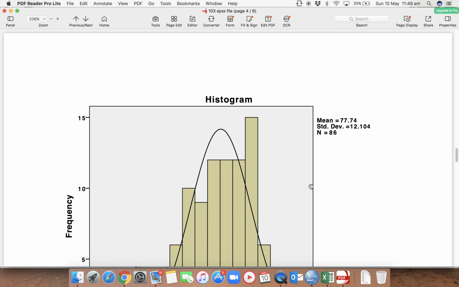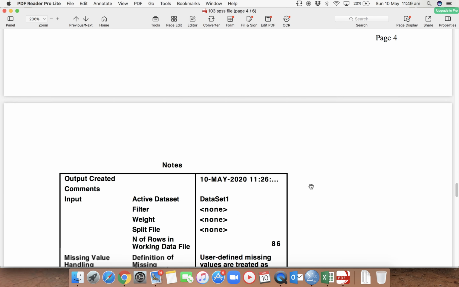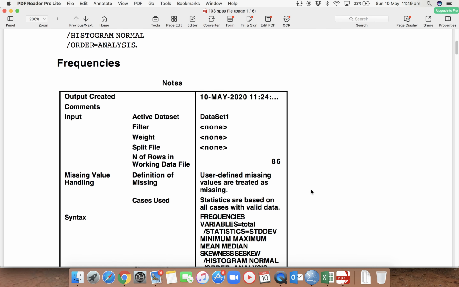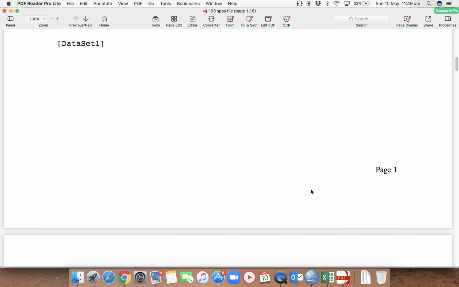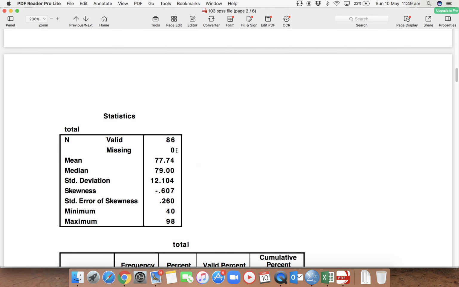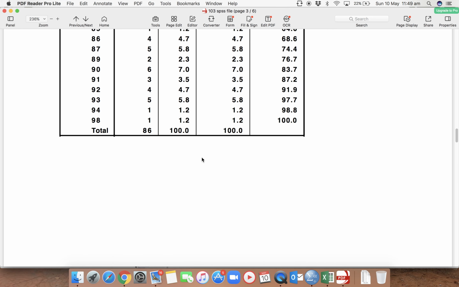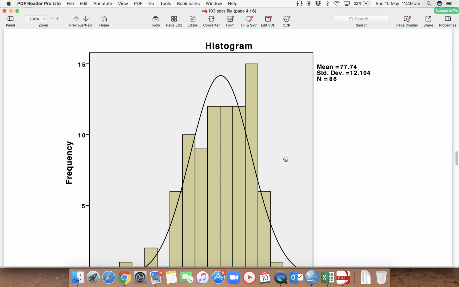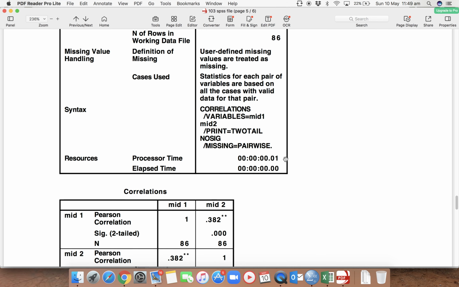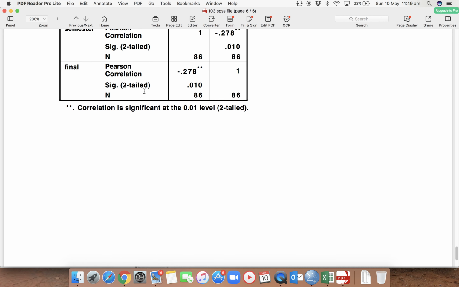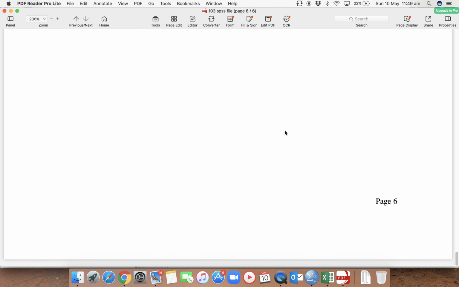Okay. Here you have to find all these things. Histogram. Yeah. This is your first file, right? For the single file. Okay. See this one. Missing 0 means the file will be correct. If any value comes here, it means your report will be wrong. Okay. Then this is the total number of students, and this is a histogram, and then this is the correlation between mid 1 and mid 2, and then the correlation between the final and semester. Yeah, this is for the single sections.